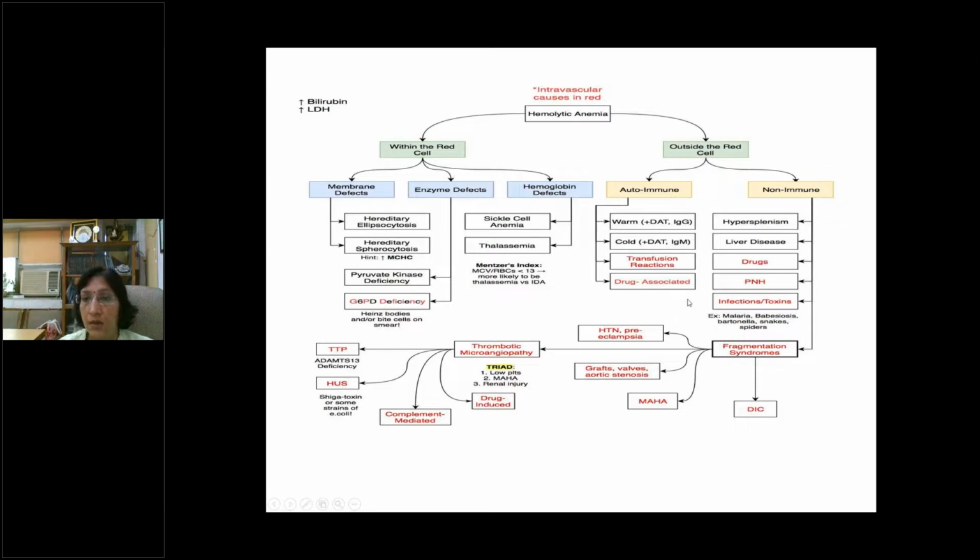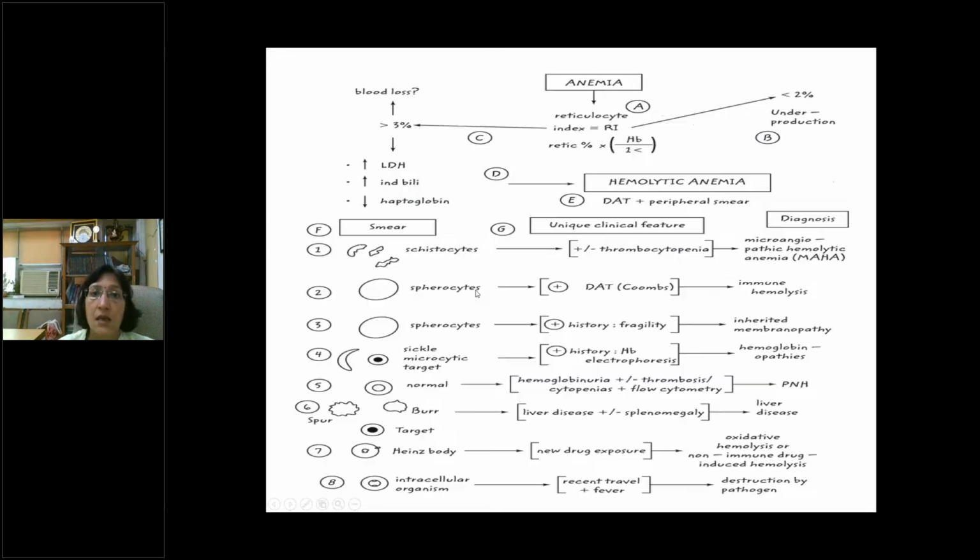And again, it can be due to some drugs. So this is how you approach it: take the history about all these causes. First, diagnose whether you are dealing with hemolytic anemia. Then family history, drug history, history of infections, history of blood transfusions, history of pregnancy, accelerated hypertension, and prosthetic heart valve are all very important.